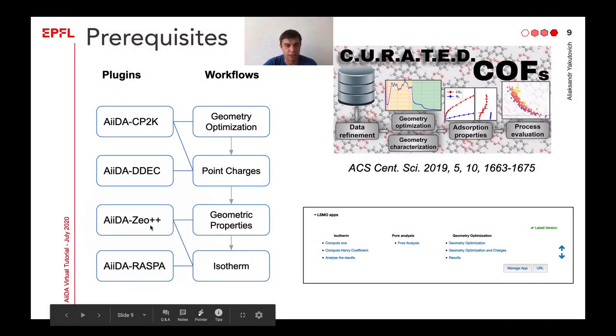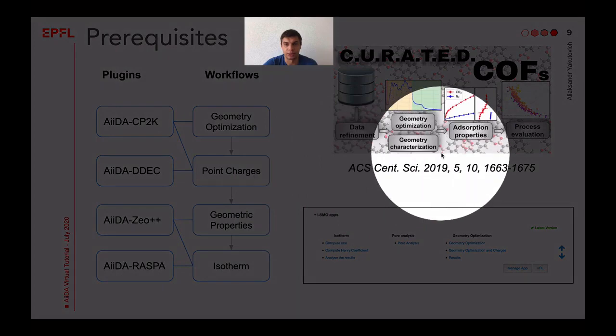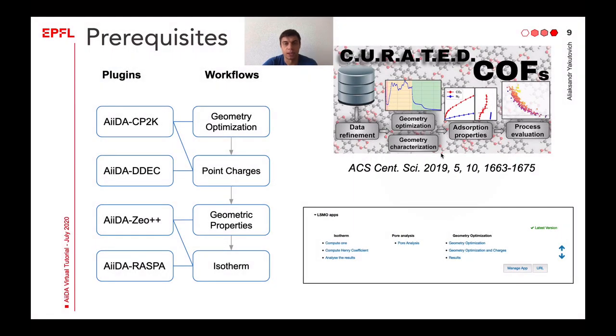And last but not least, we had to develop an AiiDA RASPA plugin to run Monte Carlo simulations with the RASPA code. And using this plugin, we created an isotherm work chain, and that would first of all guess the isotherm shape, and then would distribute the pressure points along this shape, and afterwards would run those Monte Carlo simulations for every pressure point. This work has been published in ACS Central Science in 2019, and after this work has been done, we quickly